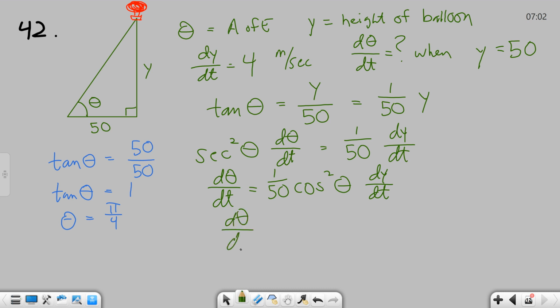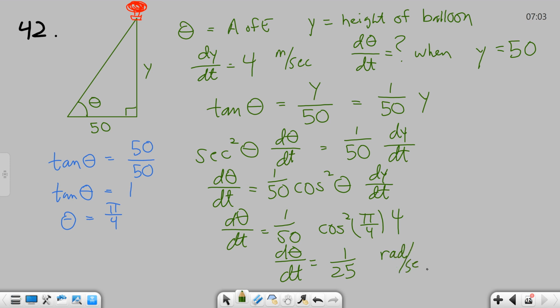Okay, so now we can plug and chug. D theta dt is equal to 1/50th times the cosine squared of pi over 4 times 4. You could use your calculator. You could use your vast stores of trigonometric knowledge to figure out what the cosine of pi over 4 is. It is on the unit circle, so it's doable. If it's not on the unit circle, then you rely on your calculator. But after solving all this, we find that d theta dt is equal to 1/25th